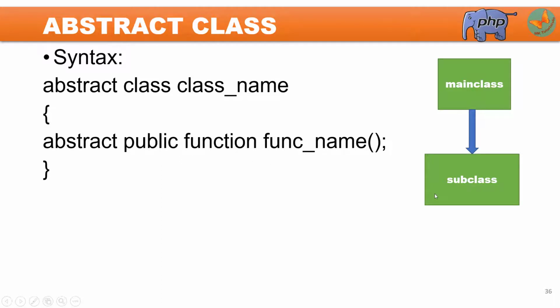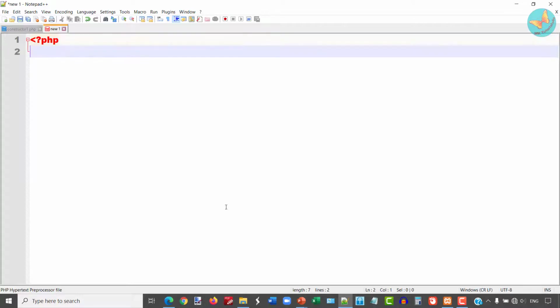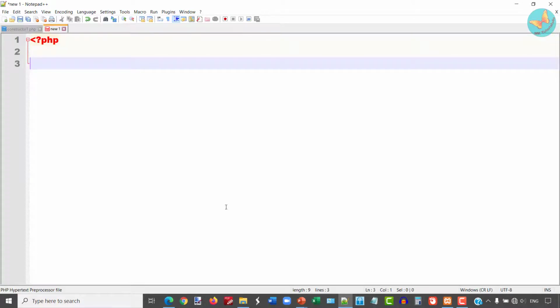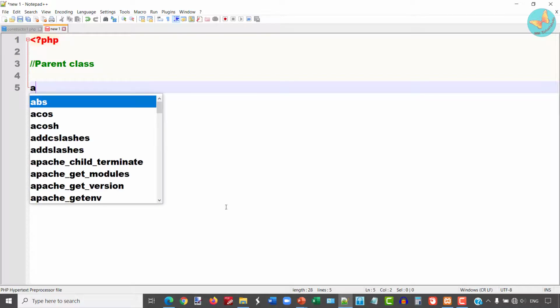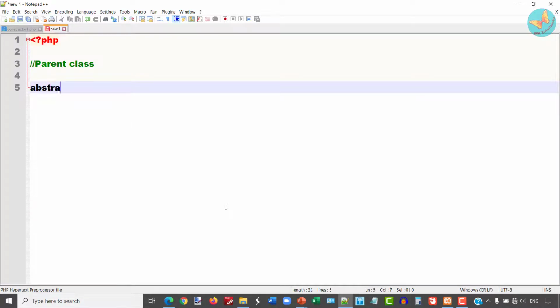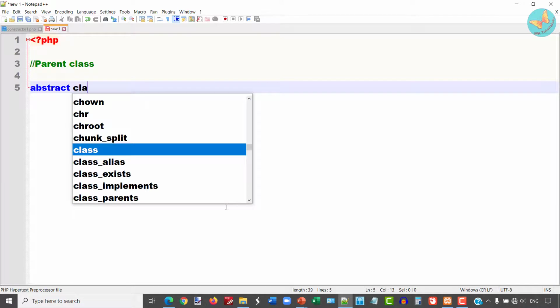Now let us go to our Notepad++ to see one example of how it is implemented. So I'll go to my Notepad++ and I will start writing one PHP script. Suppose here my parent class will be the abstract class. I'll take the example of class fruit again, but this time I will declare this fruit class to be abstract.